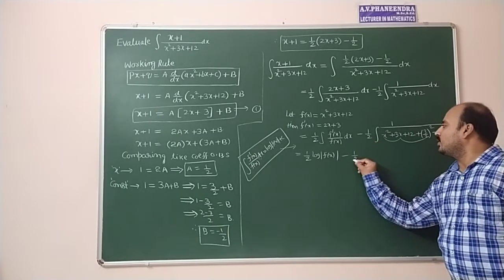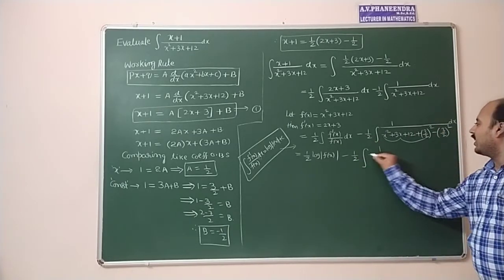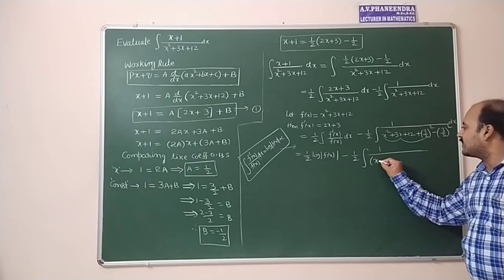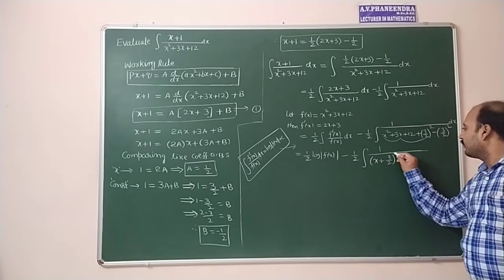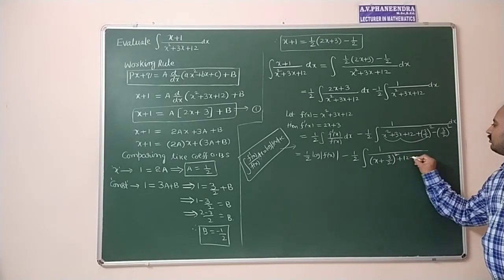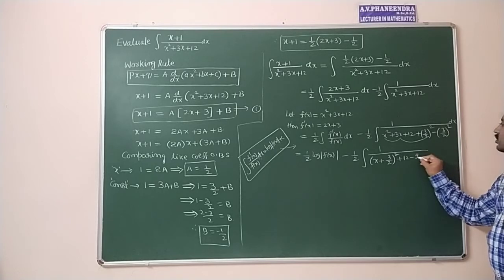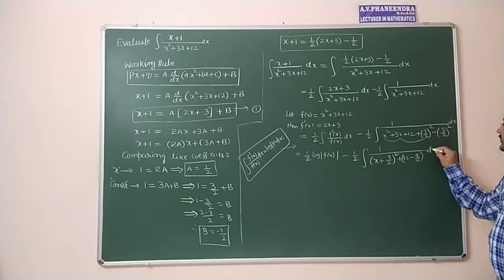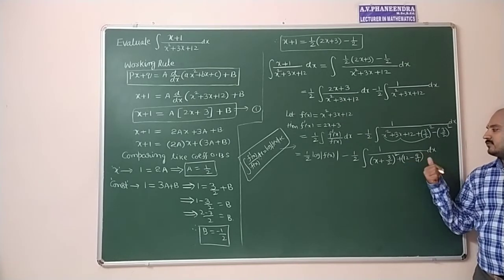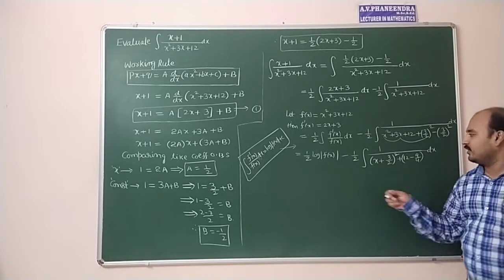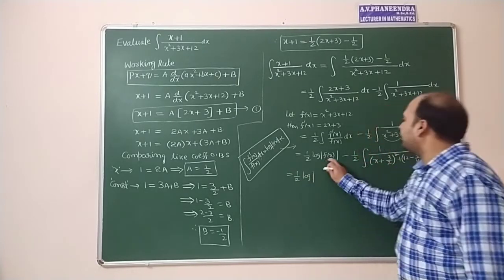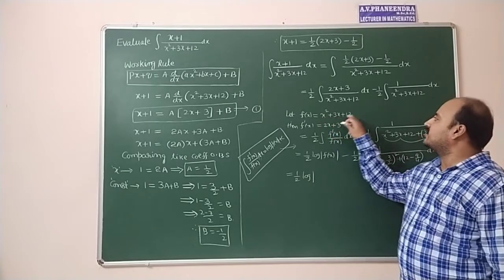minus 1 by 2 into integral 1 by x square plus 3x plus 3 by 2 whole square, which is the expansion of x plus 3 by 2 whole square, and the rest of the term plus 12 minus 9 by 4, 3 by 2 whole square, into dx. 12 fours are 48. 48 minus 9, 39. So we can write it as half into log mod. What is f of x here? f of x is x square plus 3x plus 12